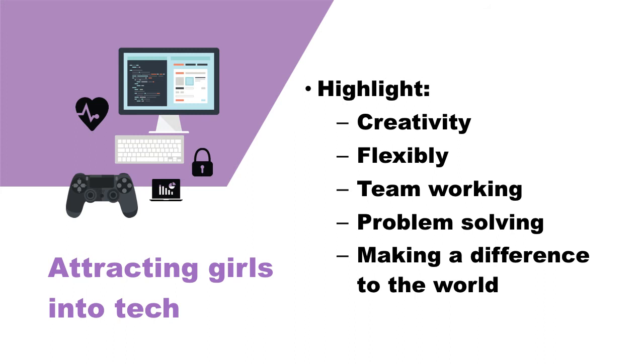To help attract girls into technology, these are the key points that you should highlight. These are the key things to remember when you're in the classroom or in the school talking to girls. Highlight that technology is a creative industry, that it is focused around solving problems and making a difference to the